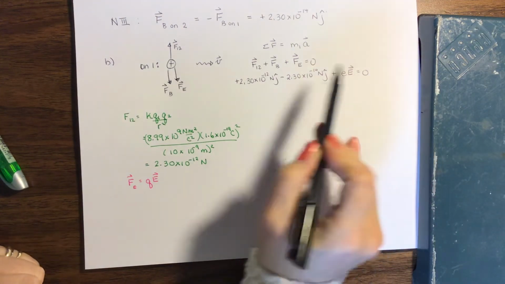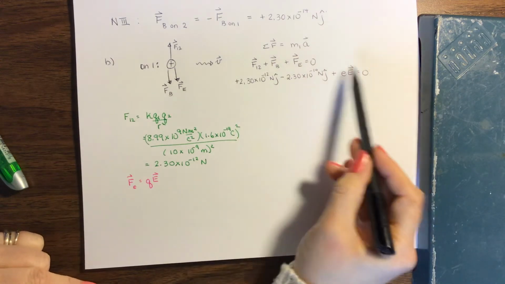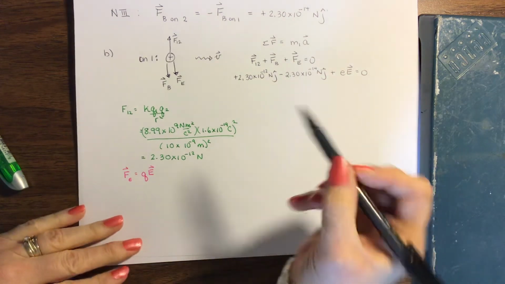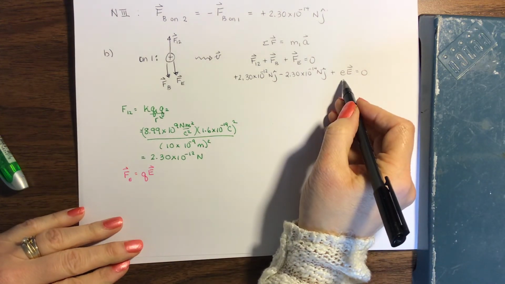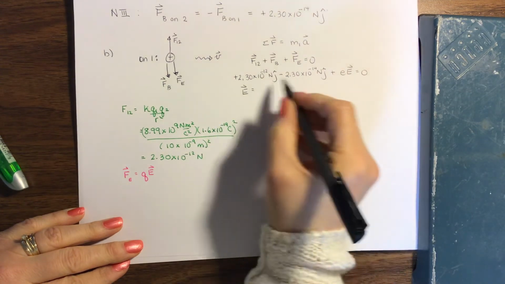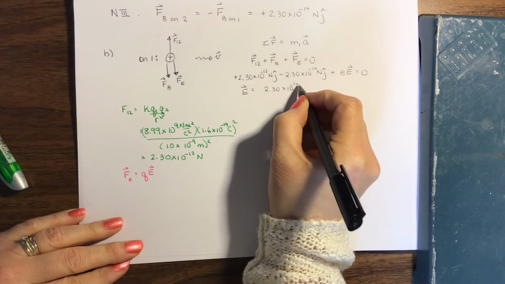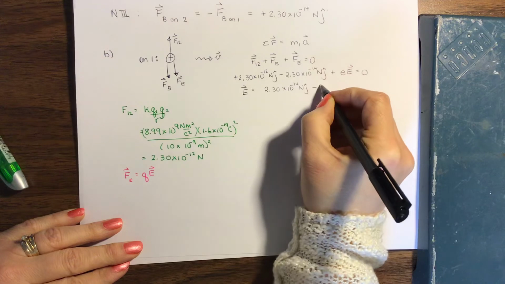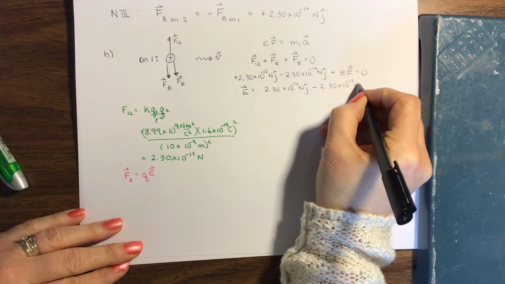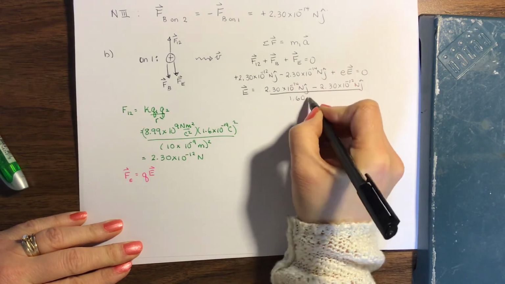Remember, I said I didn't know which way the electric field pointed. This equation is going to take care of that for me because I've been very careful with all of my vector notation. So to solve for my electric field then, E is equal to 2.30 times 10 to the minus 14 newtons J hat, subtract 2.30 times 10 to the minus 12 newtons J hat, divided by the charge on a proton,